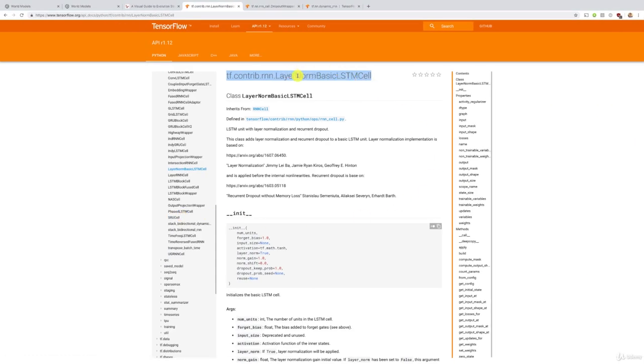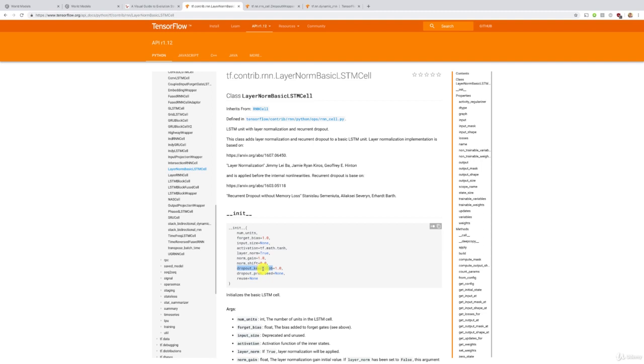and now to understand we need to go back to this layer norm basic LSTM cell documentation, because among the arguments of this class we have this dropout keep prop parameter, which will be a number between 0 and 1, and which will basically be the rate of units inside the LSTM cell that will be kept activated, meaning that won't be dropped out or deactivated during the training, because that's what dropout is about. This is a regularization technique which allows to avoid overfitting by deactivating some of the neurons or some of the units inside the LSTM cell in a parameter update step. And so this is very effective, and that's why right now we want to add the dropout to do some regularization to avoid